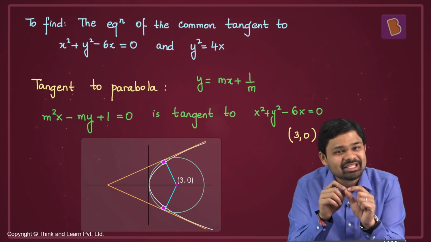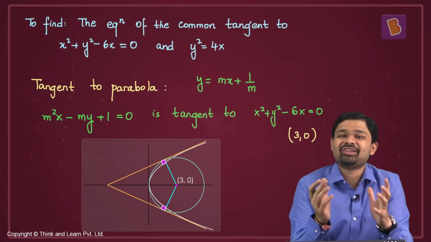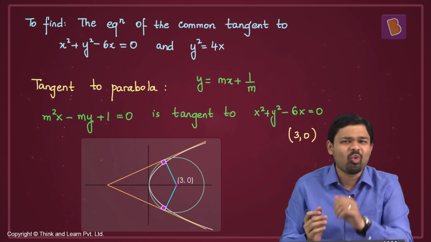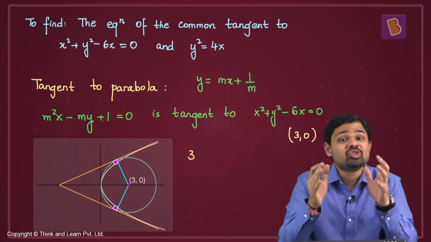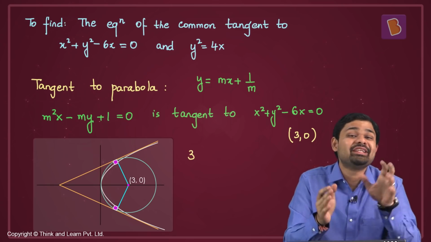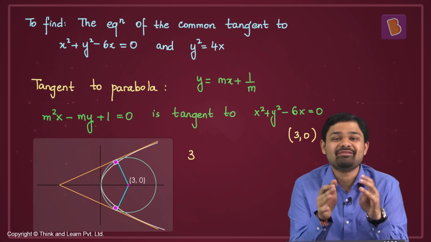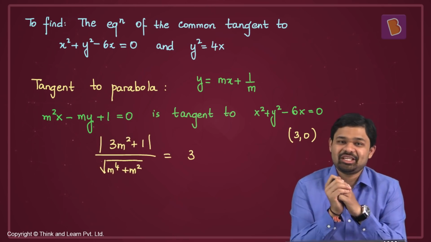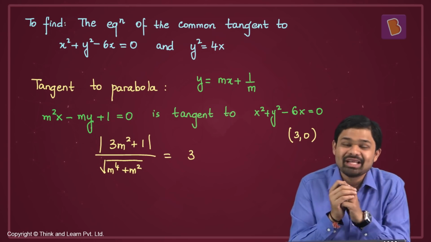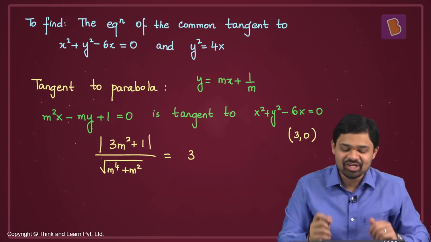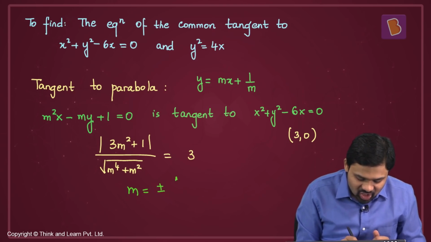Now, what is the distance of the center of the circle from this tangent? Now, the perpendicular distance is equal to the radius of the circle. What is the radius of the circle? The radius of the circle is also equal to 3. So, using the formula to find out the distance of a point from a line, we can find out the value of m. So, this is the expression to find out the distance of the center of the circle from the tangent, and equate it to 3, and you will get the value of m to be equal to plus or minus 1